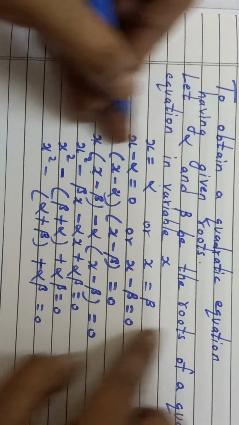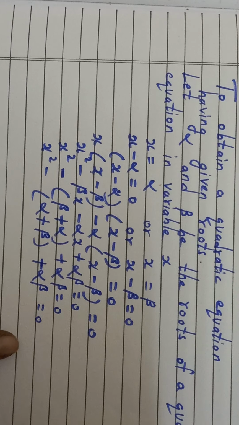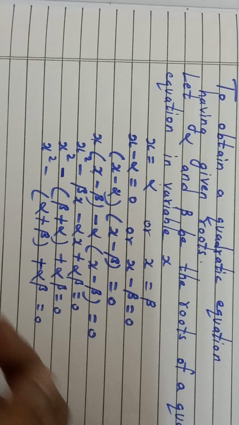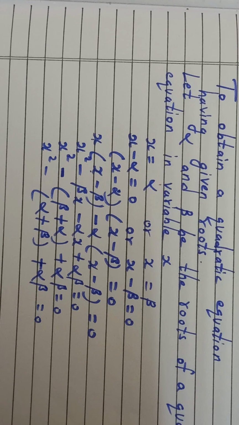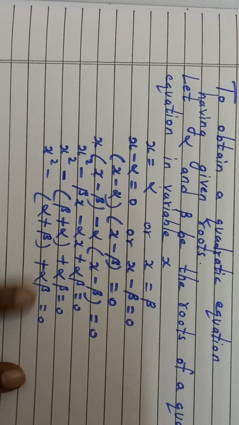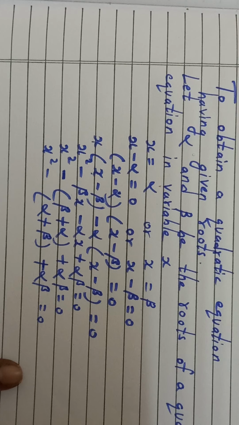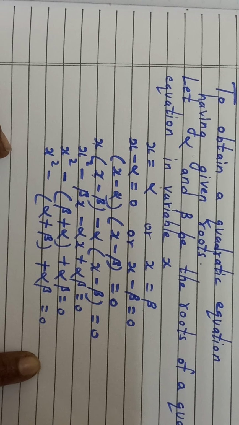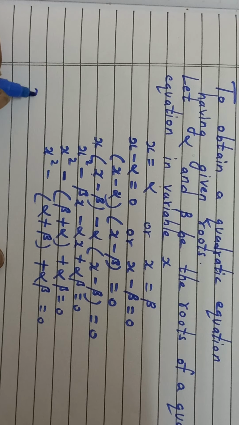Given the roots, form the quadratic equation. Up till now, all the time we were getting a quadratic equation and we were finding the solution, meaning we were finding the roots of the quadratic equation. Now for these sums, roots will be given to you and you have to form the quadratic equation. So this is like a formula for you. What is the formula? If you know the roots of the equation, then you can form the quadratic equation.